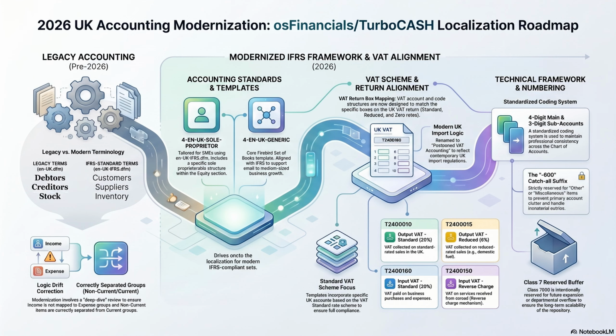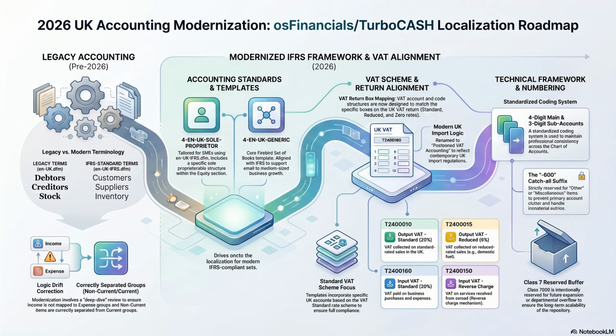Exactly. The software absolutely must track the gross value of those zero-rated sales in T24000030. It feeds that total into box 6 of the VAT return so HMRC can see your total taxable turnover. Tracking the 0 is literally what unlocks your legal right to claim your deductions later. That is an incredible piece of systemic logic.